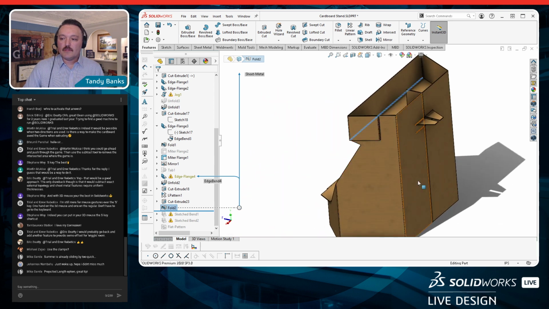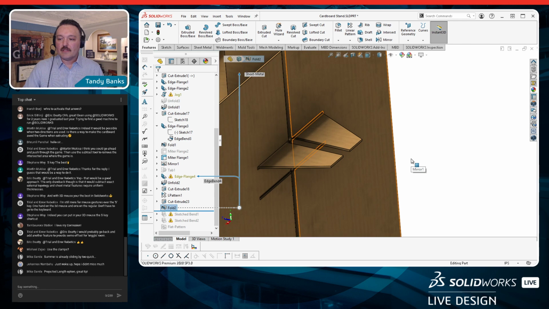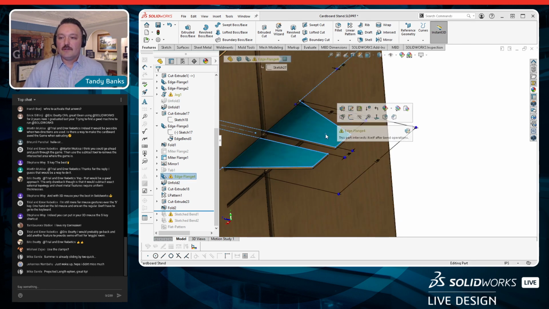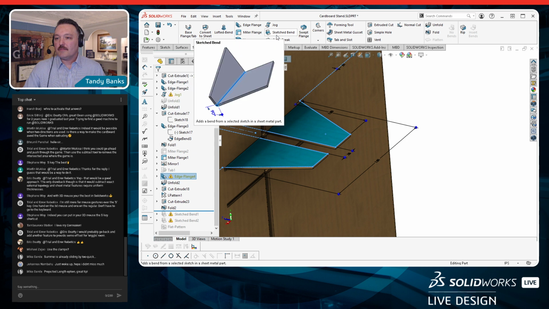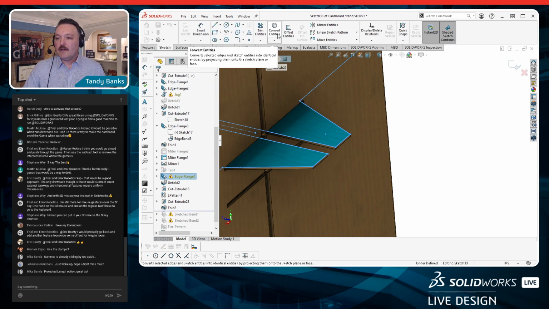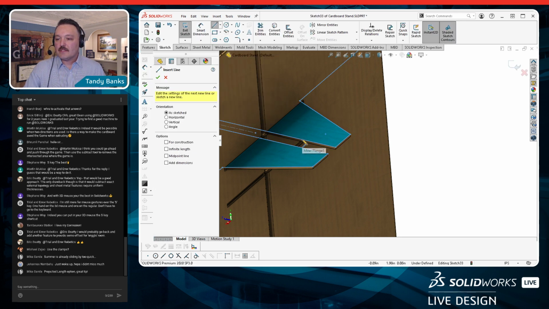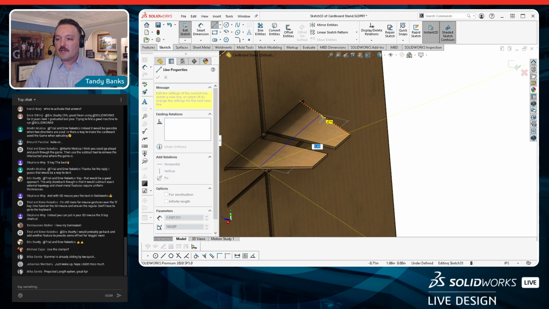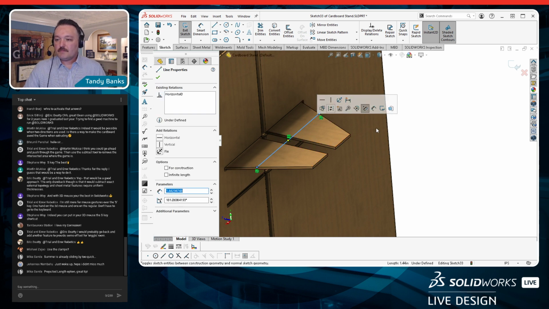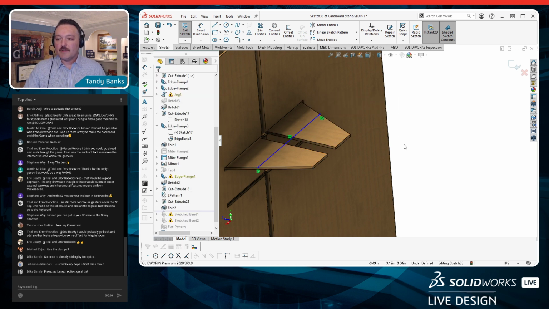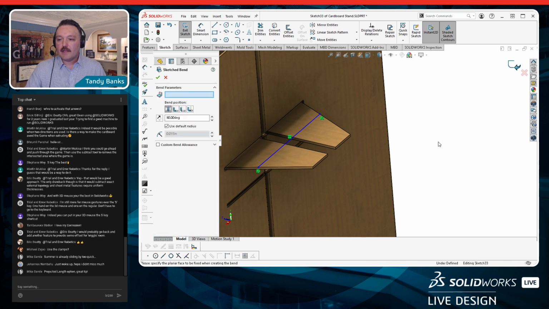And the last one I want to show you here is we have the ability to sketch bend areas. And so I can select on a face, go back over to my sheet metal toolbar, and we have the ability to do sketched bend. And in here I can take something that's flat, that's in the sheet metal tool, and I can choose to draw sketch geometry where I might want something applied, add my relationships, dimensions as needed, and whenever I move forward